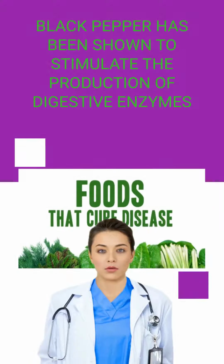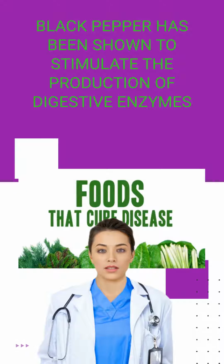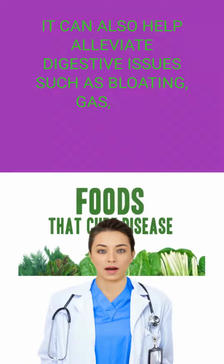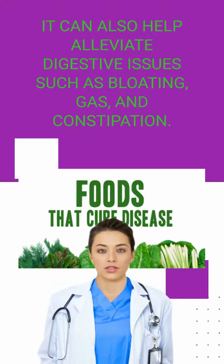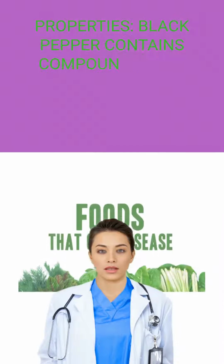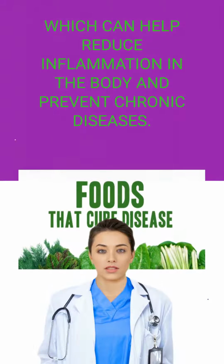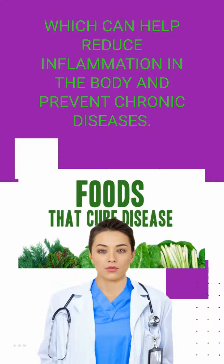Black pepper has been shown to stimulate the production of digestive enzymes and promote intestinal health. It can also help alleviate digestive issues such as bloating, gas, and constipation. Black pepper contains compounds that have anti-inflammatory properties, which can help reduce inflammation in the body and prevent chronic